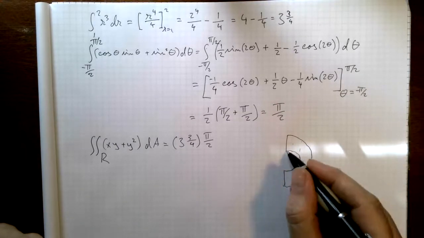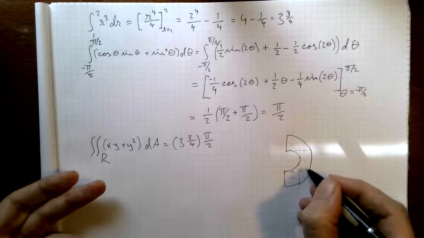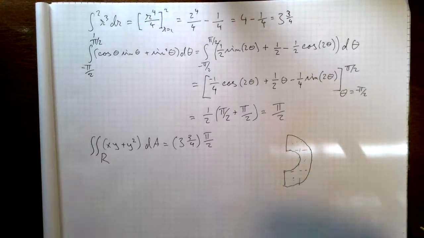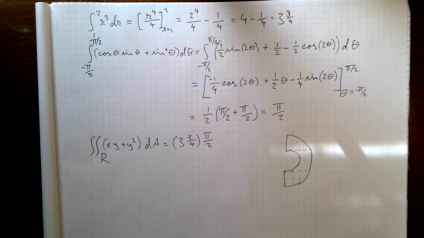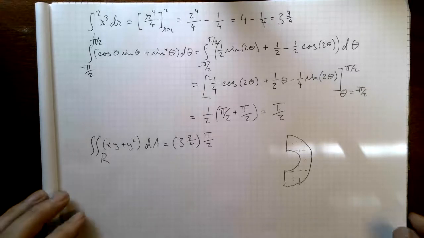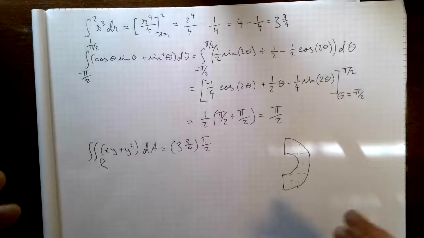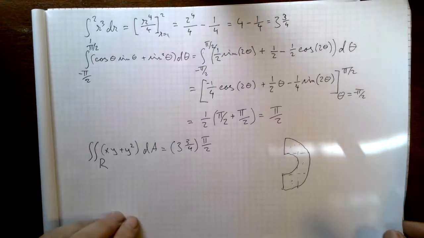Or you could maybe split it up horizontally like this and compute this, and this. Either way, it would be kind of messy. It's much easier to do it this way as a single integral, because it's something that's very symmetric, right? Okay, so basically all it is